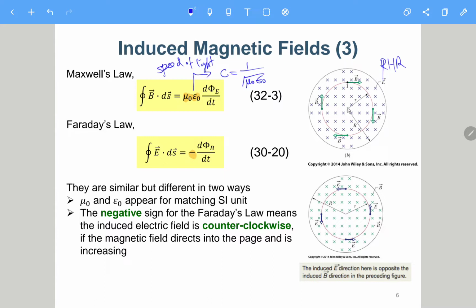So you use your thumb pointing into the page, and then your four fingers will just follow the direction of the induced B field. And here we have the negative sign for Faraday's law, which means that if we have B field pointing into the page and is increasing, then still it follows the right hand rule but without the negative sign. So which means that